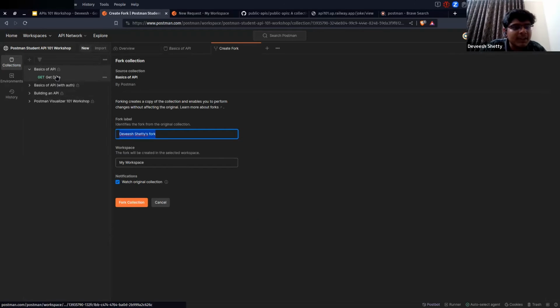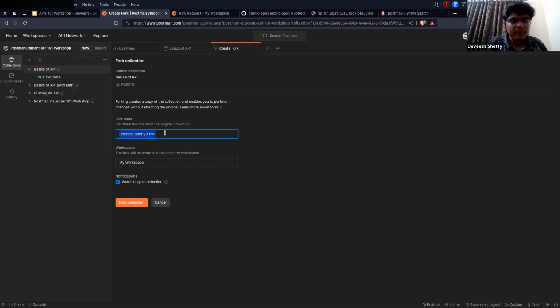So this particular thing is read only. I don't have access to change this. So I am creating a fork. I'm creating a copy to my particular user so that I can change it as I want. I can do modifications. So similar to how it works in GitHub. If you know about GitHub, this may feel a lot similar.